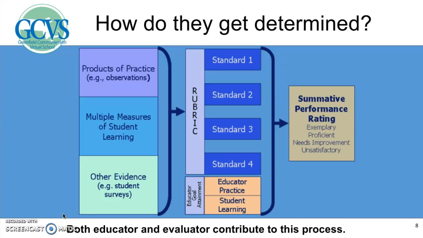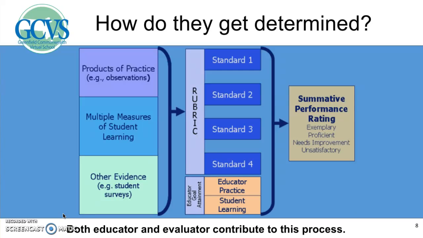The second category of evidence is multiple measures of learning. MCAS is required to be a part of this process for those grades and subjects that participate in the tests. Other measures of student learning might be normed assessments, such as DIBELS, Benchmark Assessment System, and EasyCBM. Still others might be local assessments within our curriculum or might be tied to our competency assessment project.